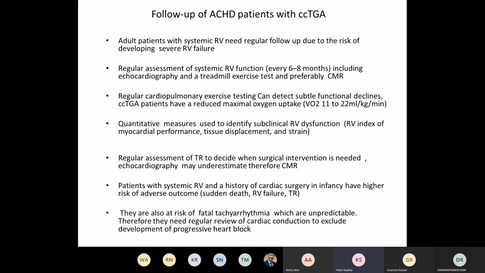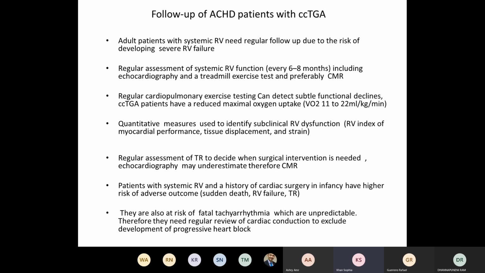The other thing is that before they become symptomatic, you want to be detecting subclinical dysfunction. So using slightly less crude techniques than just straightforward echo, so doing performance indexes, maybe looking at tissue Doppler and tissue displacement, and doing some strain analysis on the myocardium for regional abnormalities as well. And then also important to keep an eye on the tricuspid valve, and if it's becoming regurgitant, look for early intervention